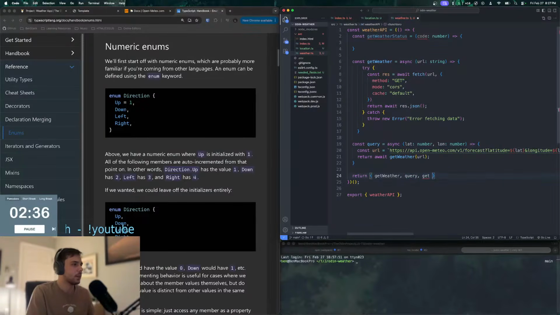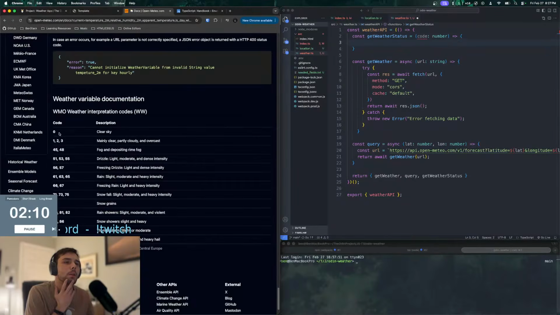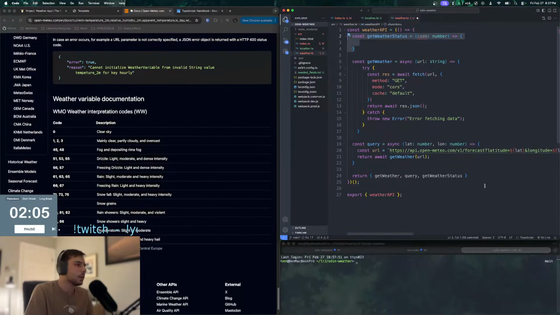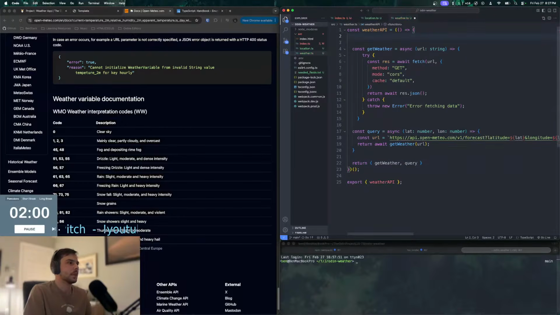Get weather status. Yeah, exactly. Oh yeah, I could do a dictionary too. But the problem that we have is that we need... Maybe just an object. I could do that too. Or just like a big if branch. No, that's kind of ugly, isn't it? Sure. Let's just do that. Let's just do that. So we'll do